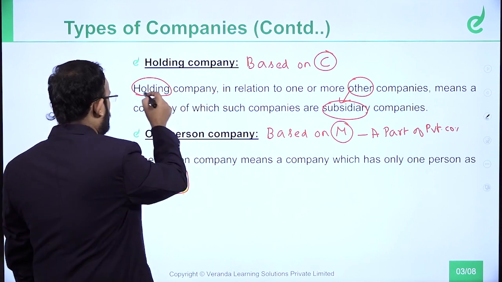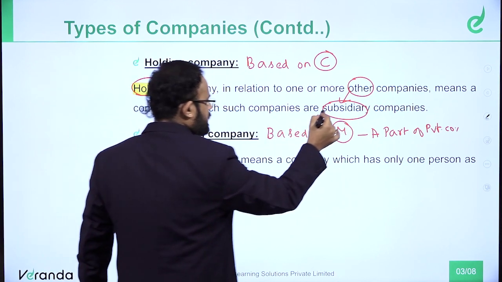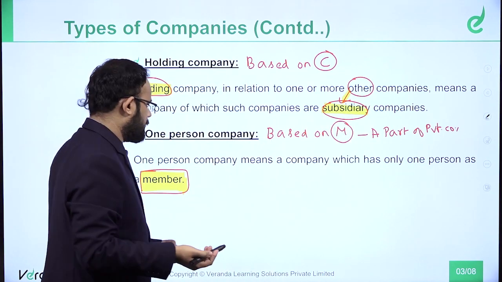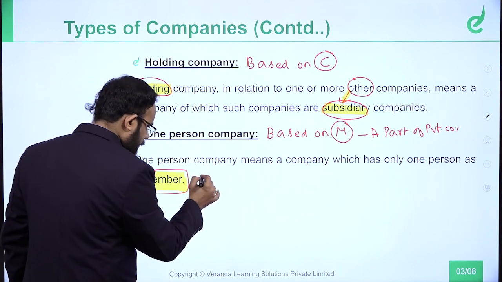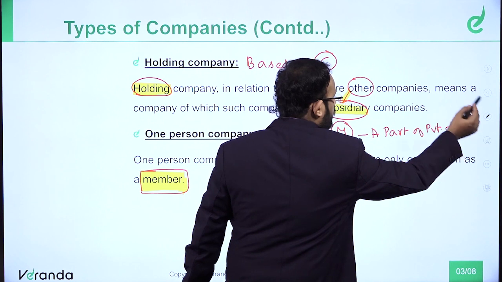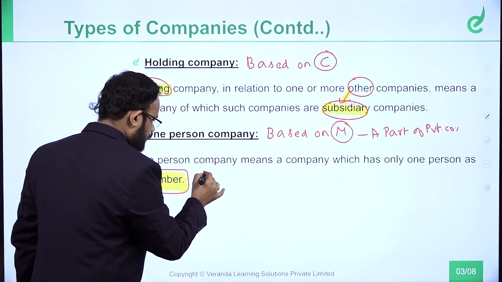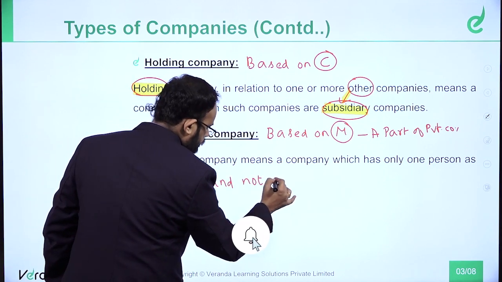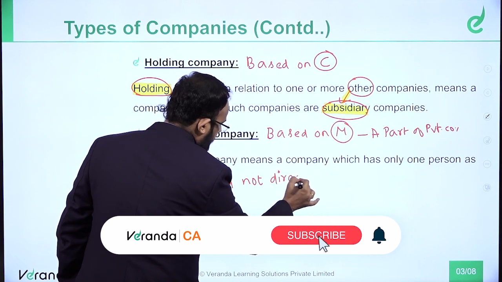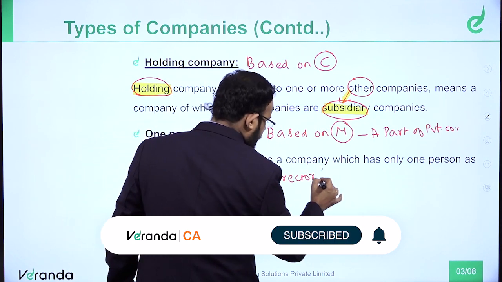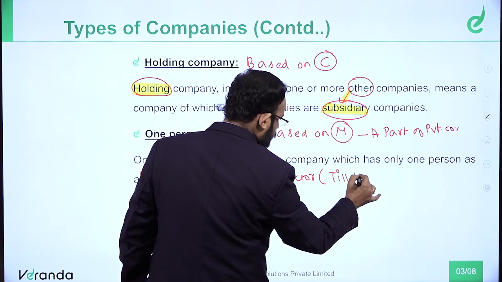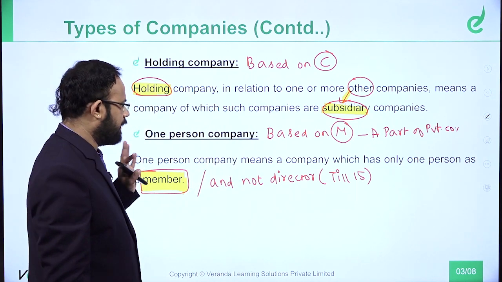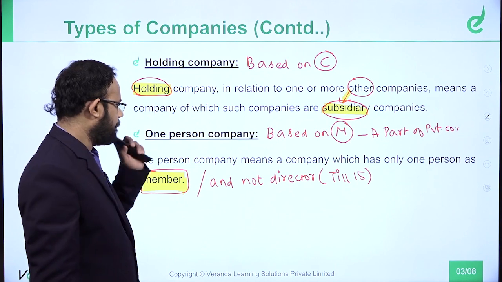Now here we told holding company, that other company is subsidiary company. Correct? That's the connection we wanted to give. Now this one person company means one person is going to be whom? Member and not director. So I will write this also so that you know there is going to be a difference. That's not forming part of your definition, but I am saying it for you to understand. Because directors can be up to 15 for a one person company. If you pass a special resolution, you can change. So all this, up to 15, you can just remember. In one person company, member can be only one.